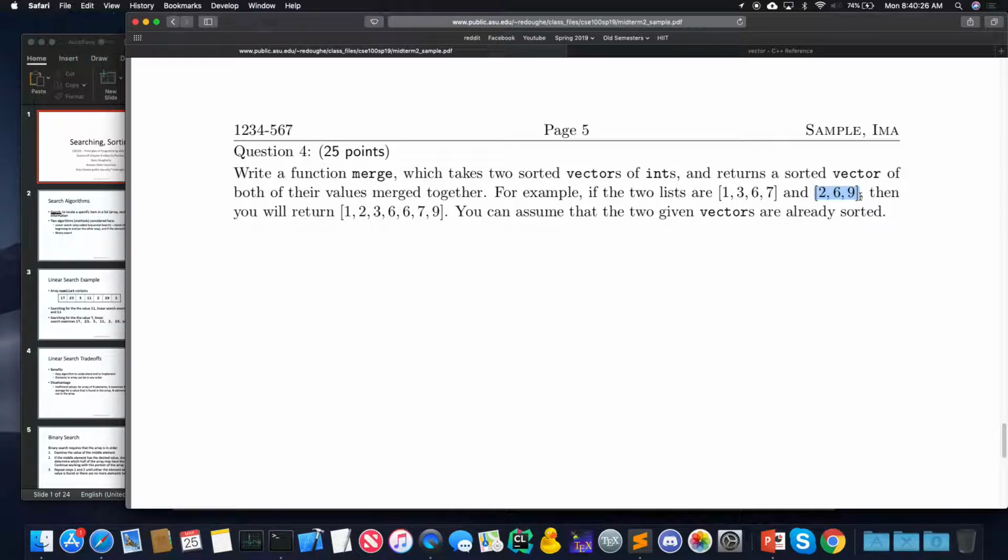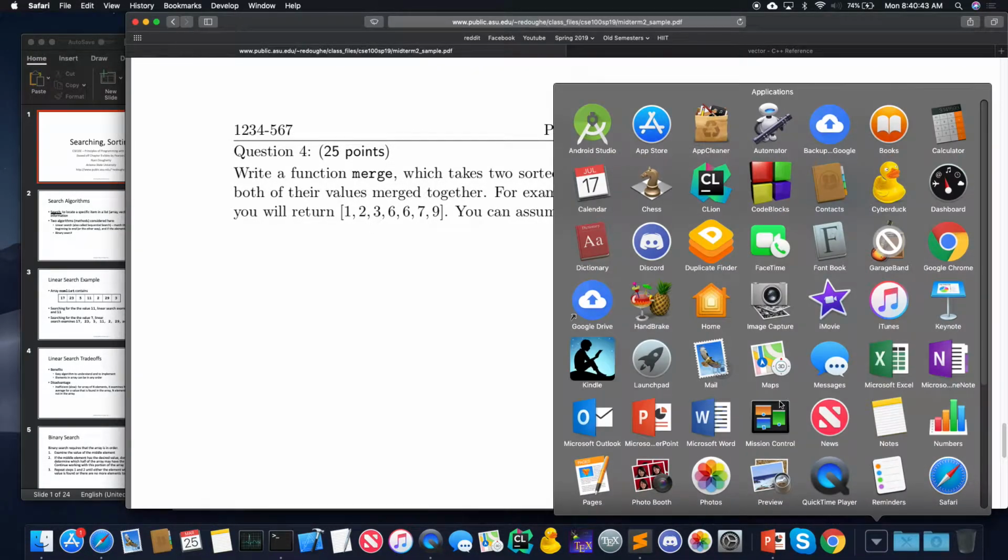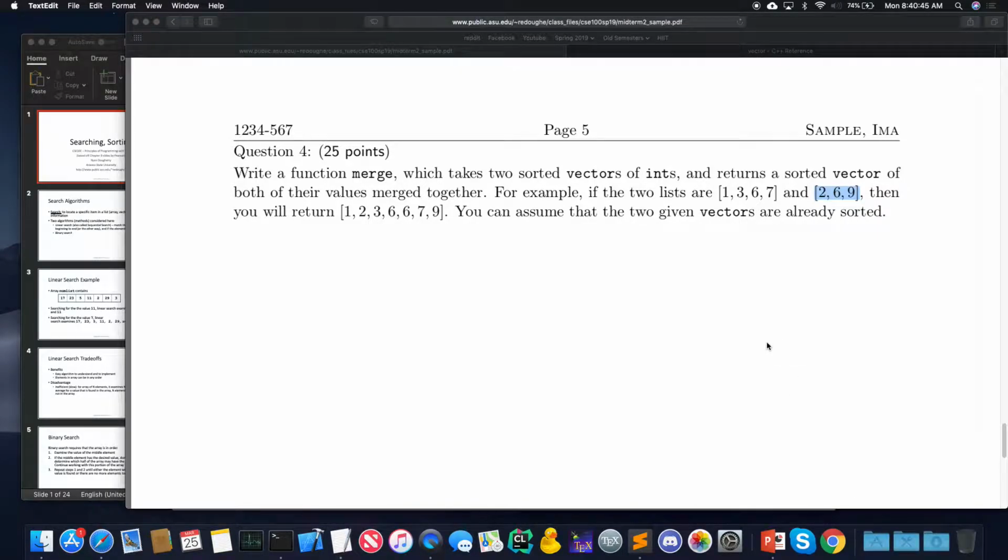Add all the rest of them, because this vector is sorted. So from wherever it is, the rest of the elements should go at the very end of the resulting vector. If the first one has stuff left in it, then I add everything in the first one. So if we just do pseudocode of this,